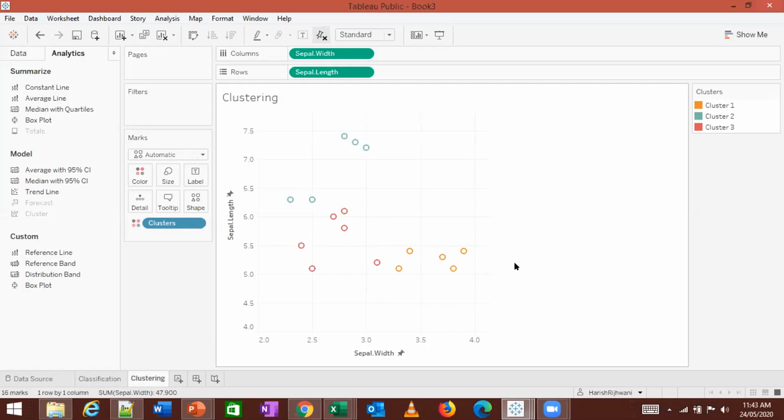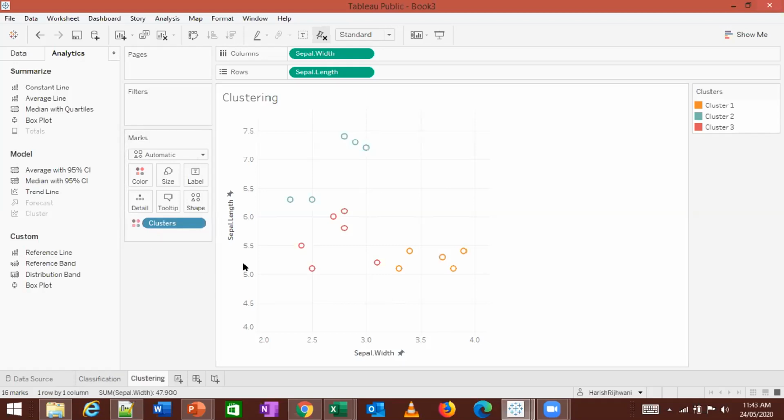Any questions? You can do this in Python or any other analytical model. You can use it if you know Python and R. You can do that analytics over there, but practically Tableau gives you that option in terms of doing that clustering. Sir, what was the significant difference between clustering and classification?